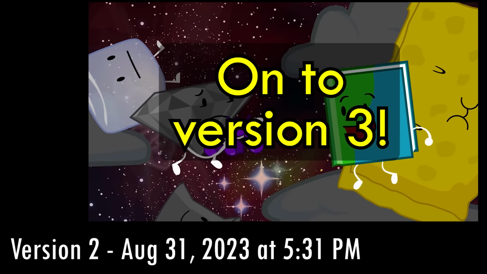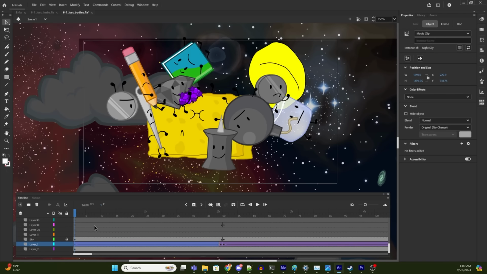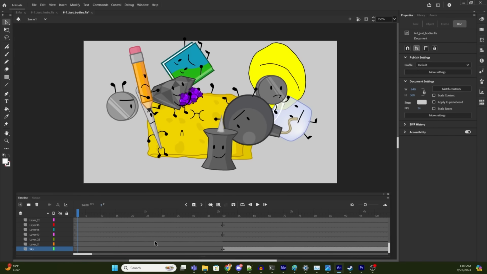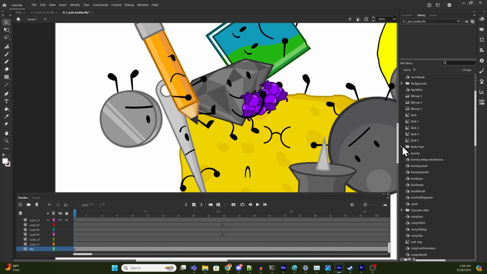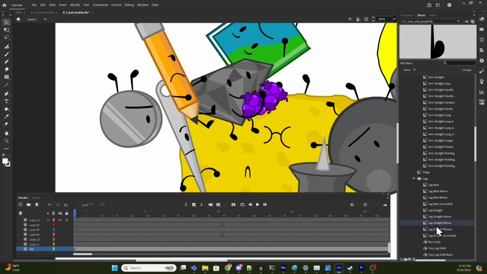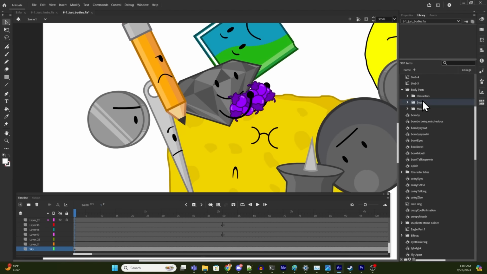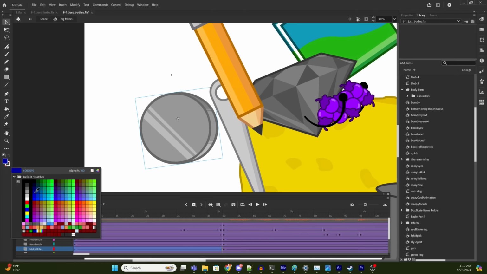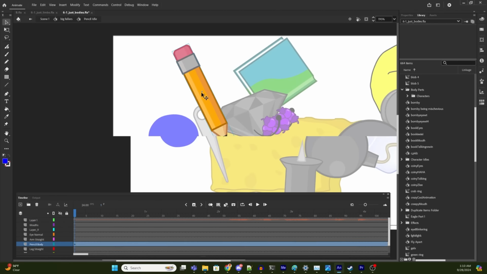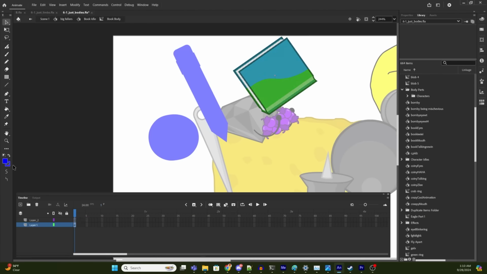On to version 3. First, let's simplify our scene by removing everything that isn't a character body. A really convenient way to do that is just go to the library in the panel on the right and delete the folders for eyes, mouths, and limbs. Assuming you organize your assets correctly, all eyes, mouths, and limbs should be gone now. Next, to tell the computer where characters' bodies are, let's paint all bodies bright blue,